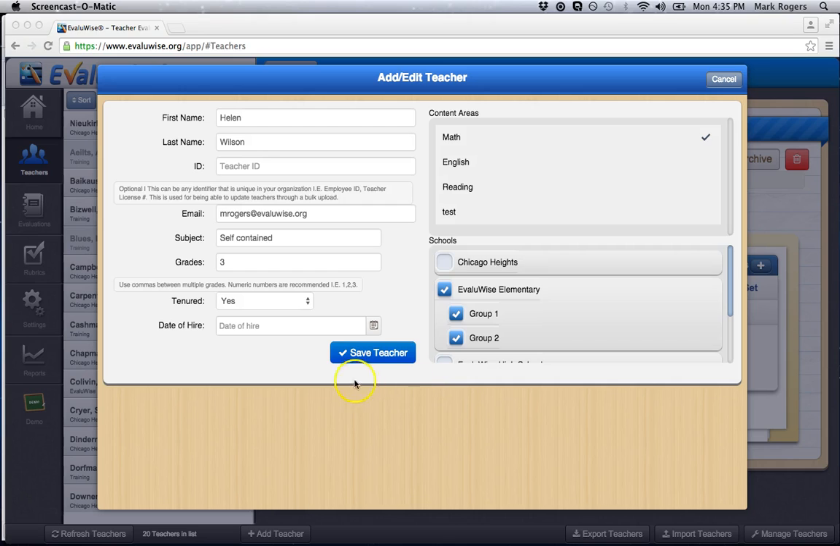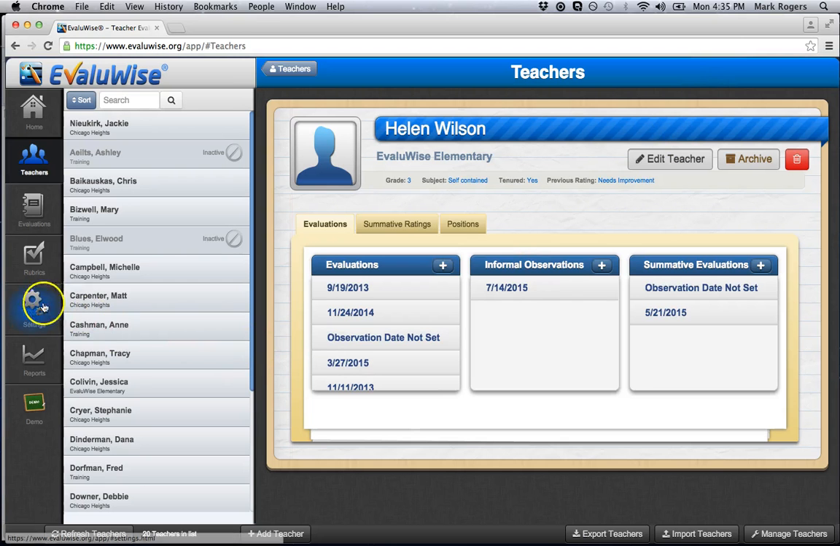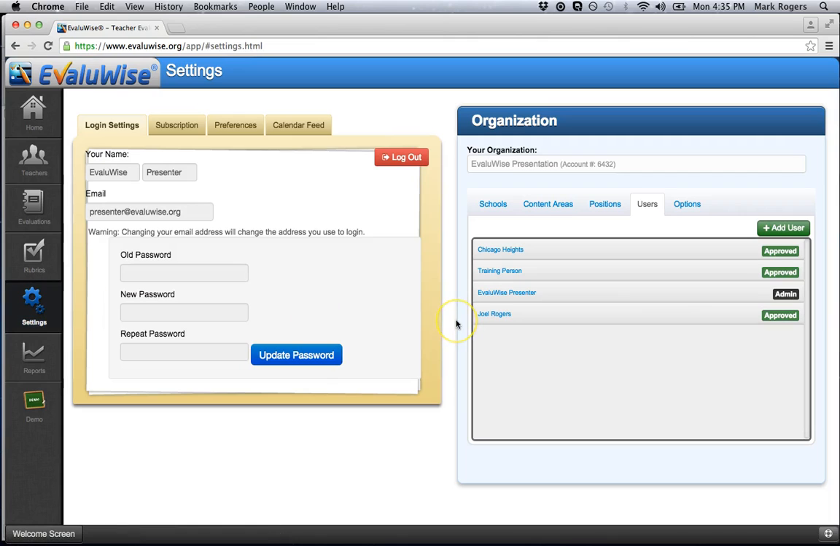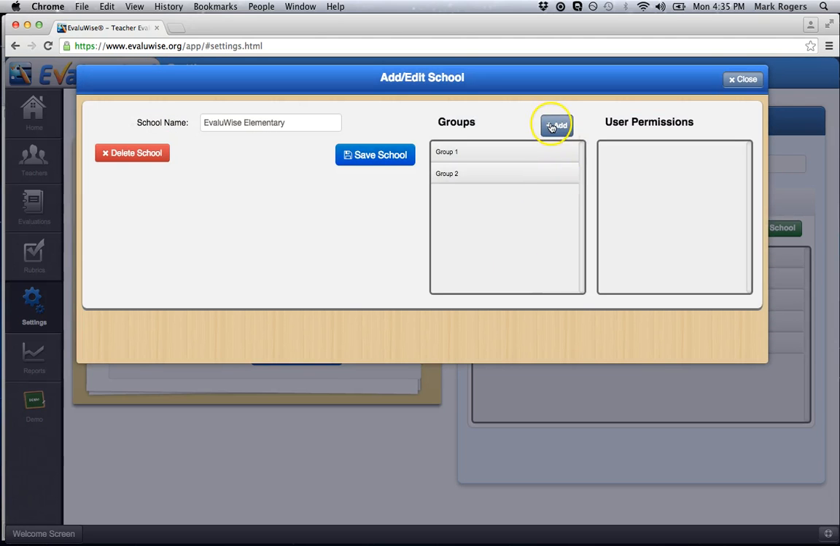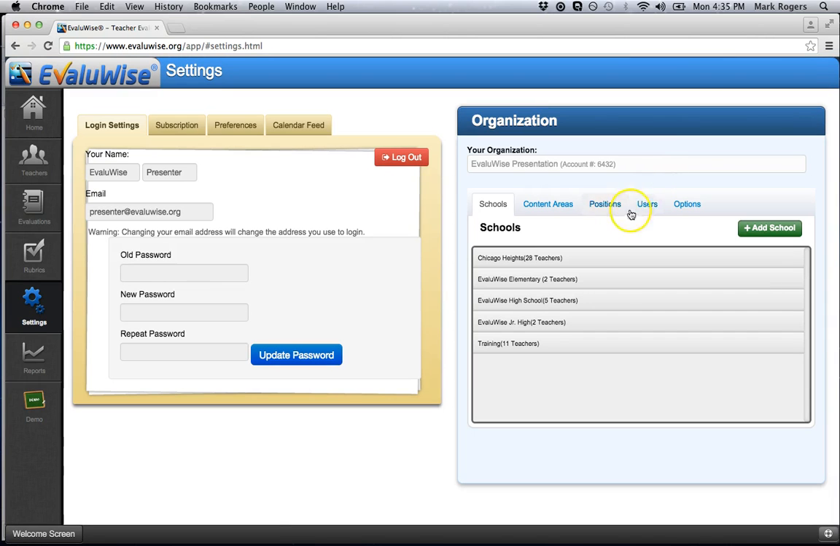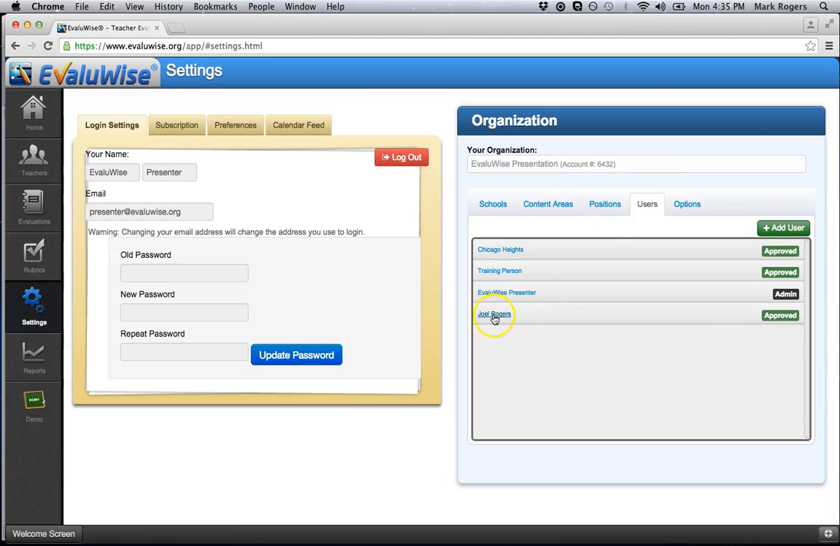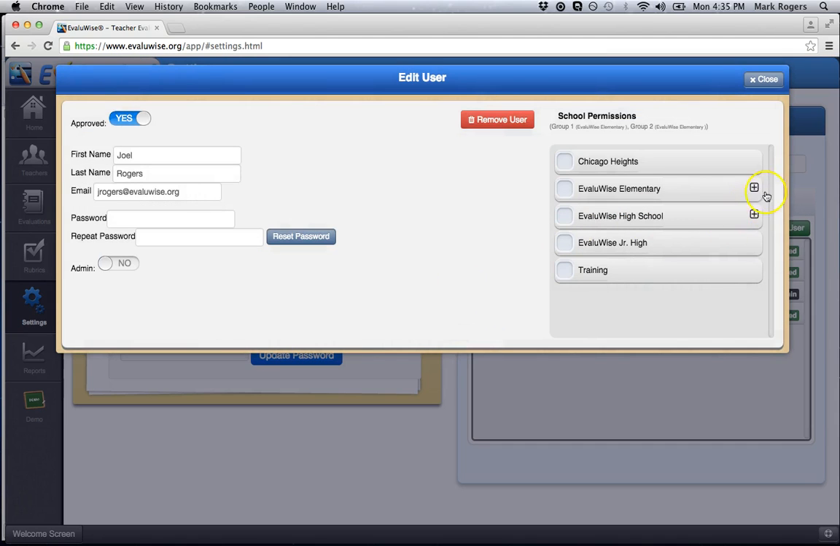So in review, in order to add groups and assign users and teachers to those groups in Evaluwise, you would first go to Settings, then you would click on Schools, you would click on the school you want to create groups within, add in all your groups, go over to your users, click on the user, click on the plus